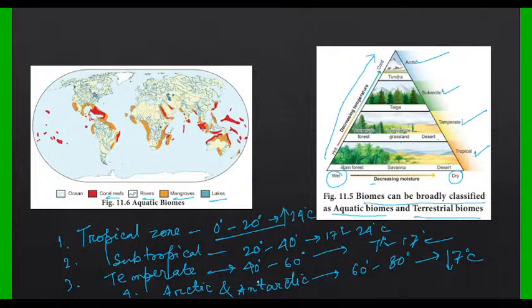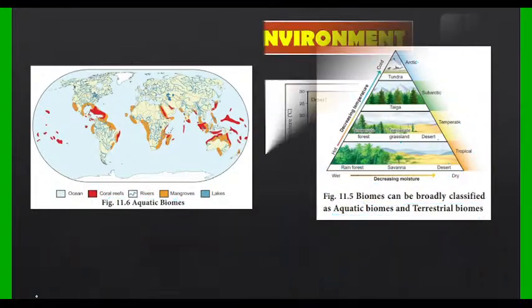So according to temperature, the vegetations are totally different. The tropical zone is concerned with tropical forest. Subtropical zones are associated with deciduous forest. Temperate zone, the mixed coniferous forest, and this is associated with Arctic vegetation. So moving to the next,